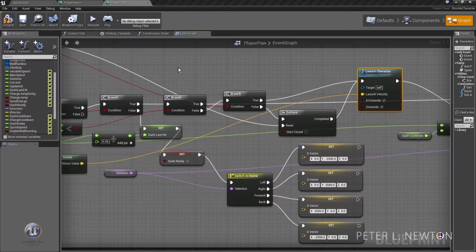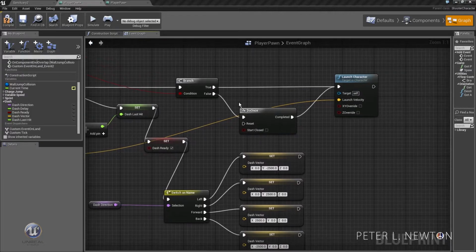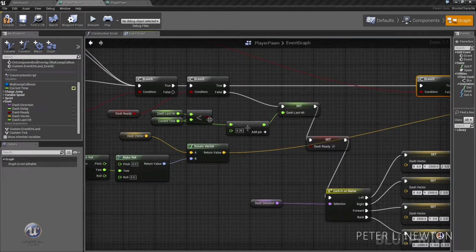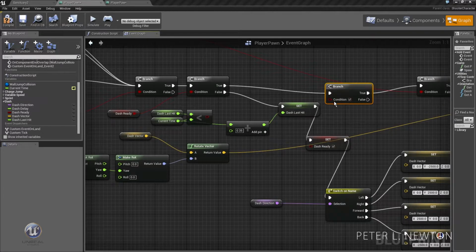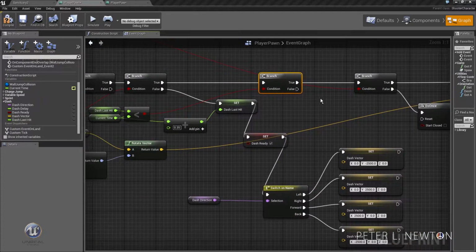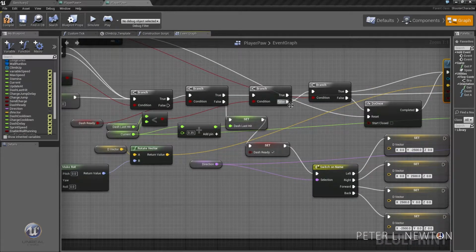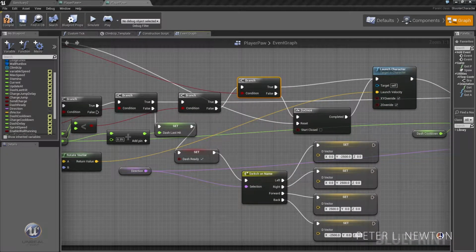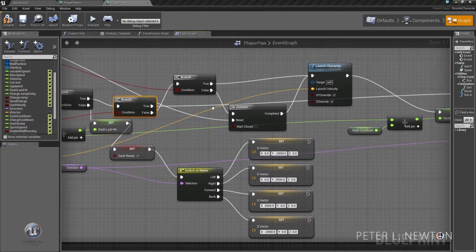If not, do it again, and so that means we have to pull this forward and do one last check for this one. Actually, let's do it here so that it creates it in between. And we're going to do that. Now, if this is false, we want to do branch here. But if it's true,